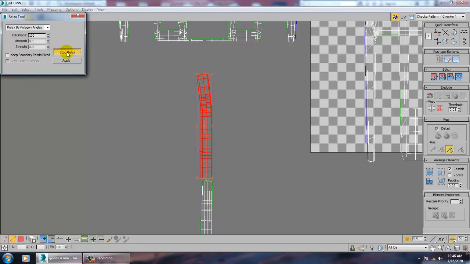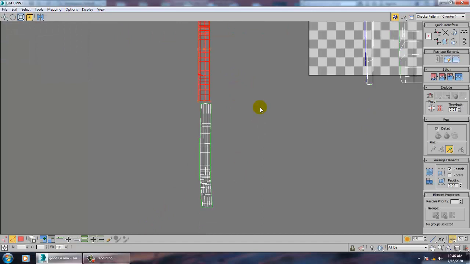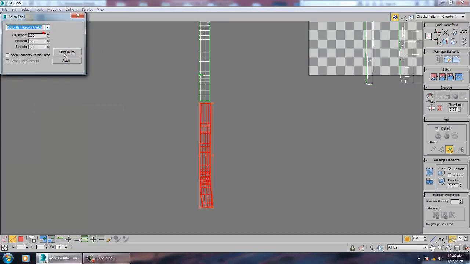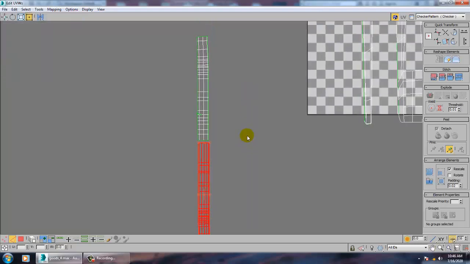We can just make it straighter, better. Select this, tools, relax by polygon, and just make it much straighter over here. As you can see, we have just relaxed both the elements.